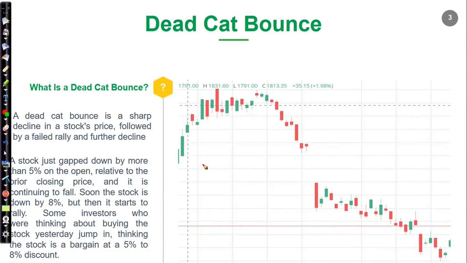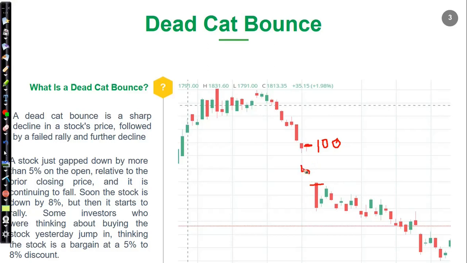How we will identify, after gapping down, that a stock will continue toward the downside. So this is the head. This dead cat bounce pattern tells us whether it will continue toward the downside or bounce from this area. For example, suppose the stock price right now is 100 rupees, and the next day price gaps